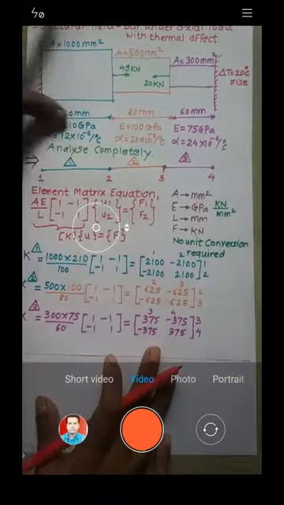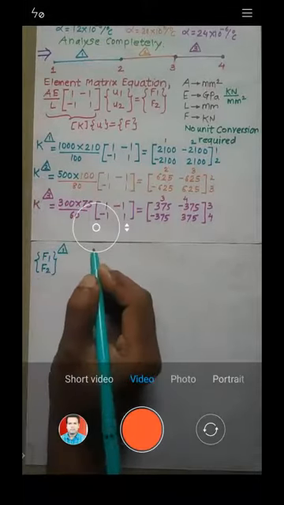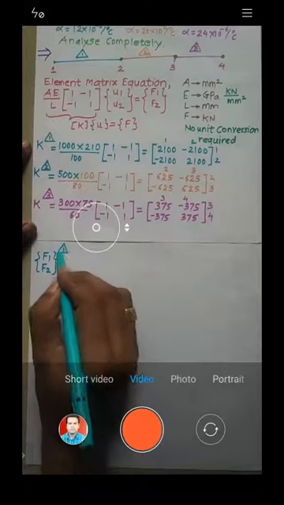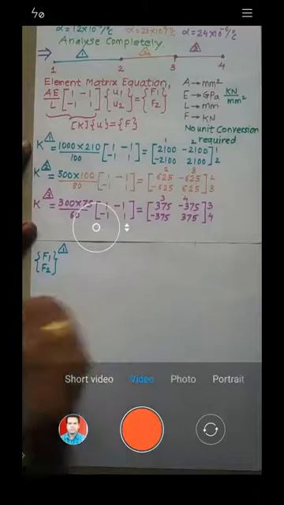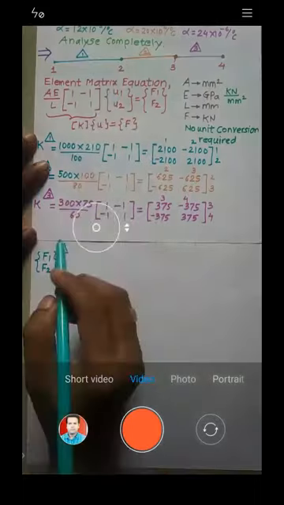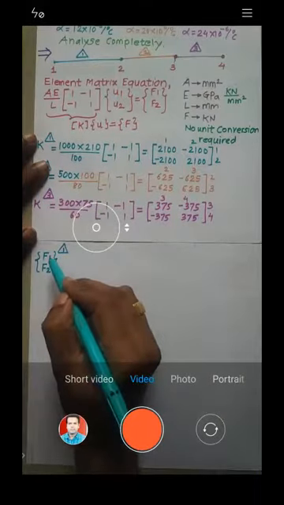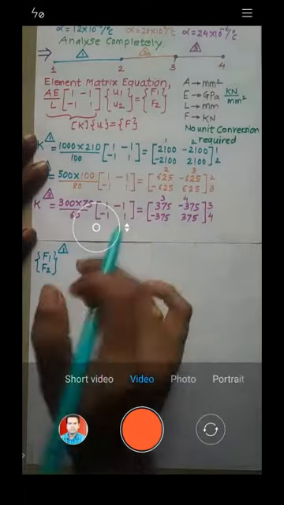Okay, so if you talk about element number 1, there are two nodes for element number 1: 1 and 2. So there will be two forces generated at node 1 and node 2, F1 and F2, right? If I need to determine the forces developed in element number 1, which is between node 1 and 2, I'm calculating the forces developed at node 1 and node 2 of element number 1 due to thermal effect.